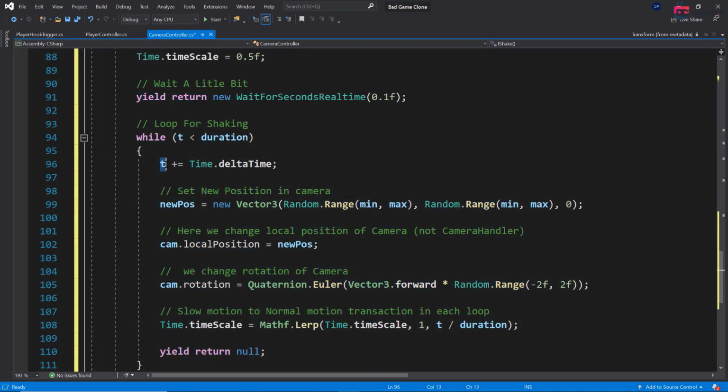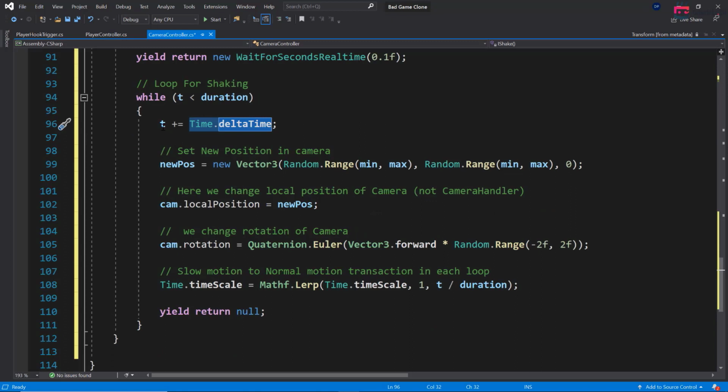And here, of course, we need to increment t to the point where it's going to be bigger than duration. So we just say, however long the time that has passed, add that to t. So let's say 0.03 seconds have passed. So we're going to add that to our t, and then now t will be 0.03